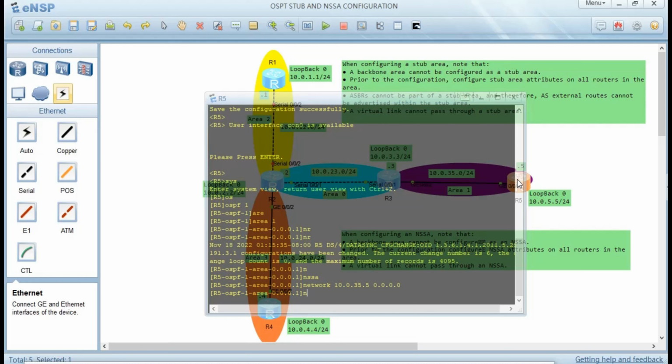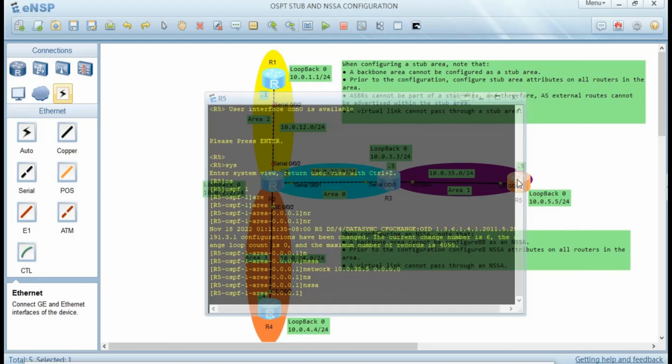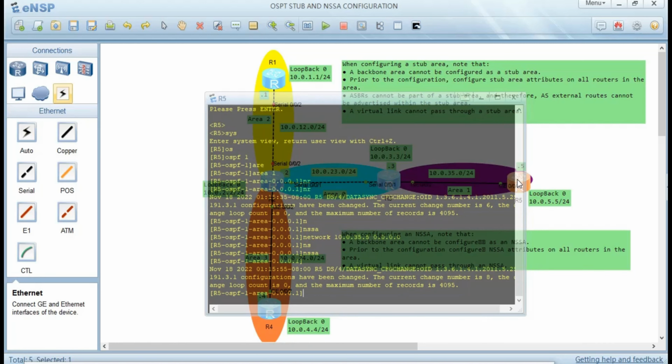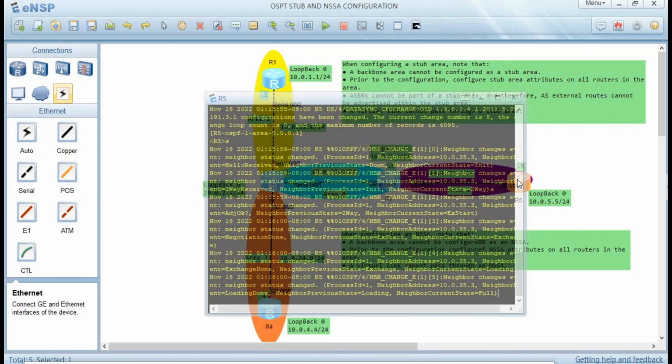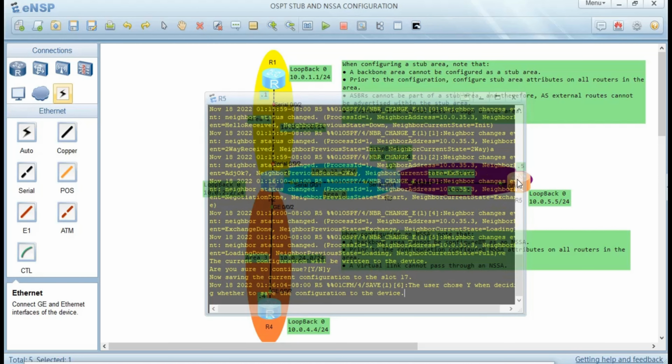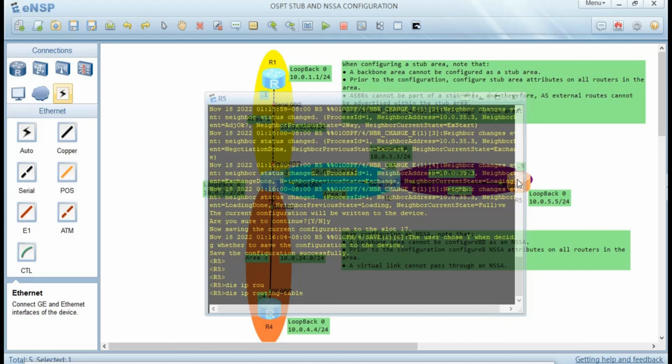After that you tell it this is a not so stubby area, and since it's the ASBR, it will convert type 7 LSA. After that you quit, say yes, and display